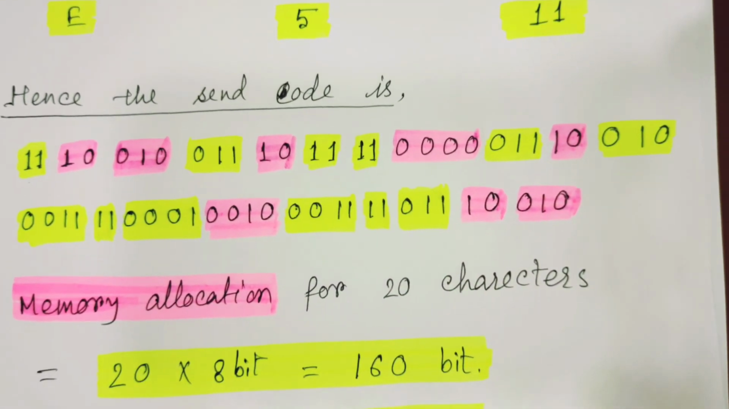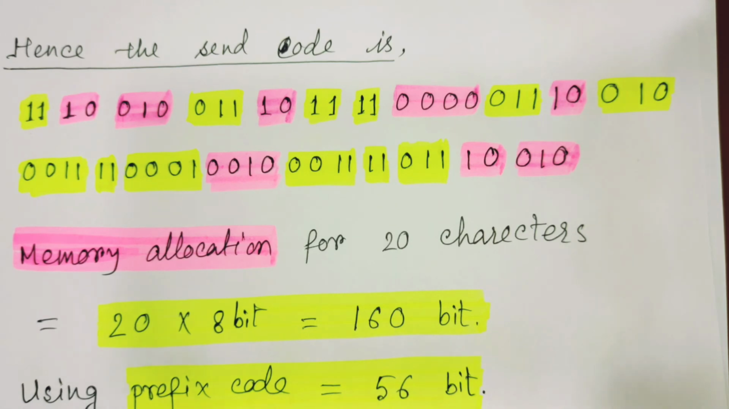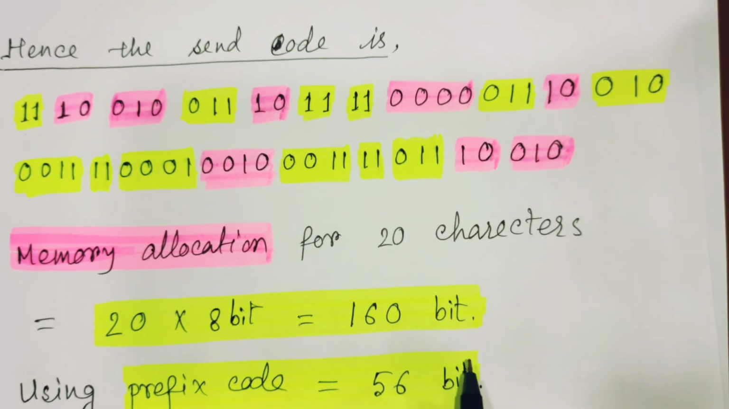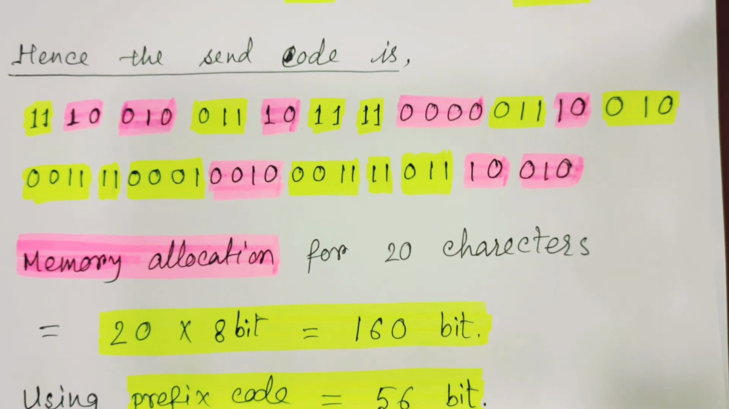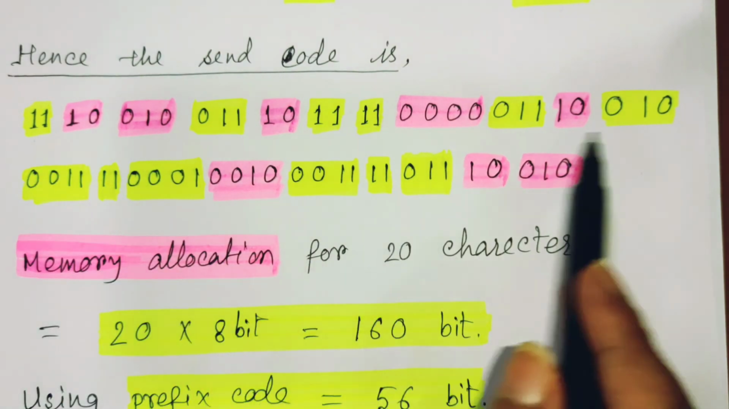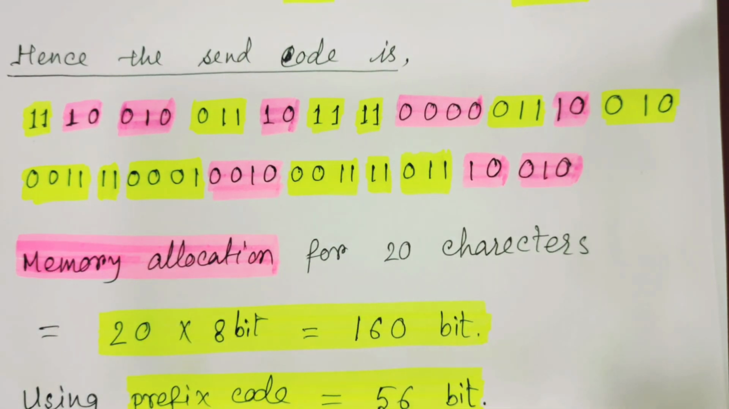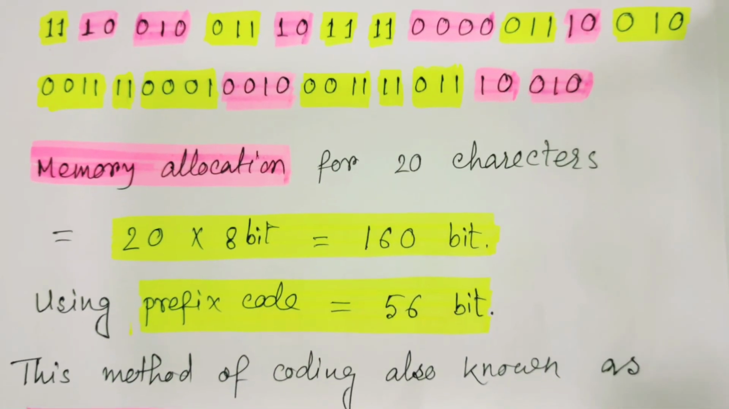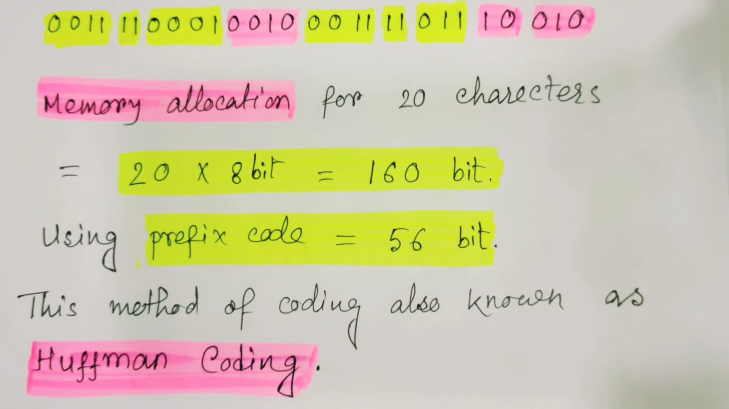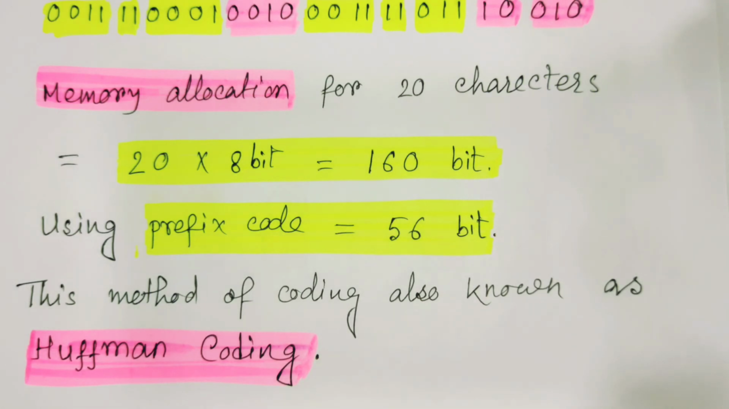And for the memory allocation, if we use engineering decoding as it is, then there are a total of 80 characters, and each character requires 8 bits in computers. That's why a total of 160 bits is required to write. And if we use the prefix code, then if we count all these numbers, we find it is 56. So in this way we can minimize the memory allocation. So this is the way by which we can use the prefix code, and this method is also called